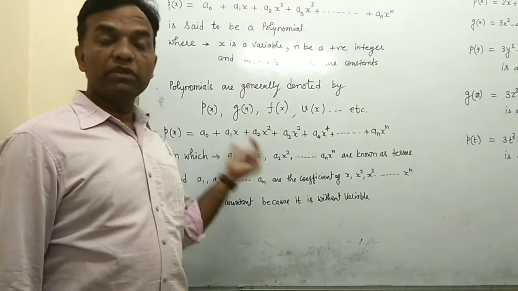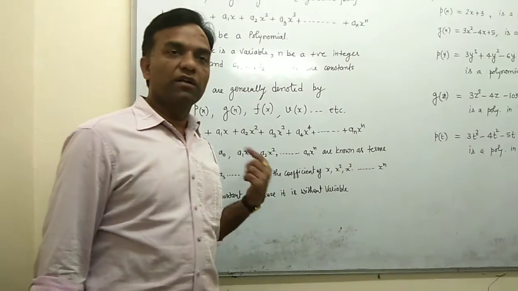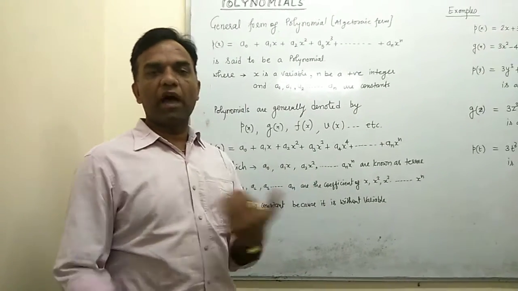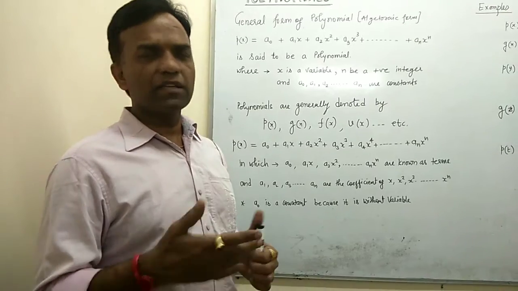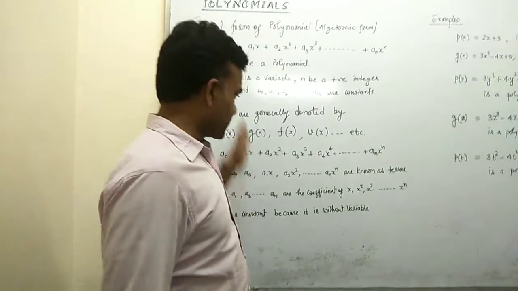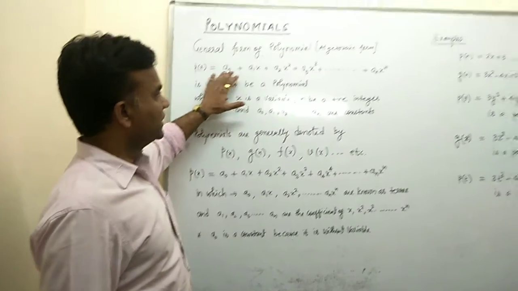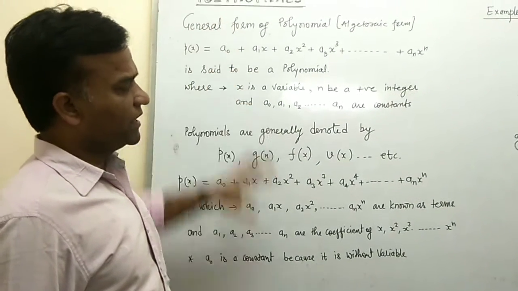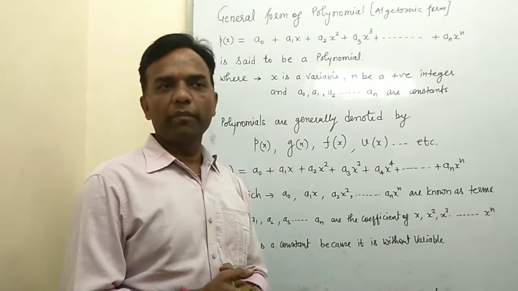But it is given with variable terms, so it depends on which variable is given, which coefficient is given, and how many terms are given there. That is the many varieties. So here is the description of the general form of the polynomial. This is not lengthy; only one thing you need to remember.